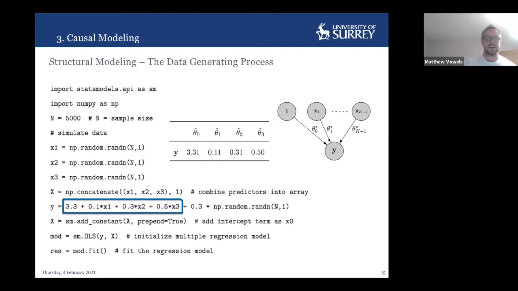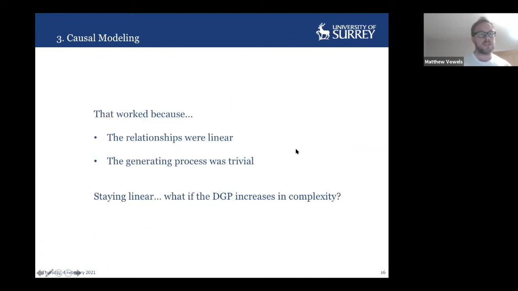It worked here because our data generating process was identical to the causal structure imposed by a multiple linear regression, which is a causal model, unbeknownst to many. And when it works well and everything's linear, we get really nice recovery of unbiased coefficient estimates, which is fantastic. But obviously in reality, we're not necessarily dealing with linear relationships, and we're also not dealing with this exogenous data structure. And some of you may be familiar with the crud factor in social science and psychology, which says that everything correlates with everything. There's no exogeneity in social science or psychology. It's very difficult to disentangle the structure into independent components.